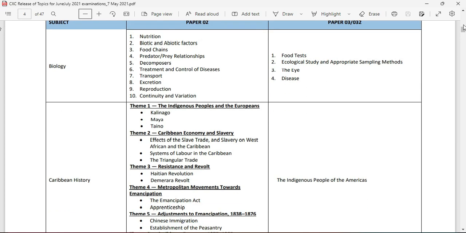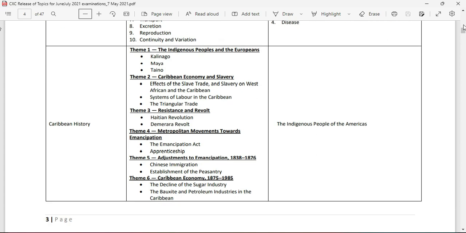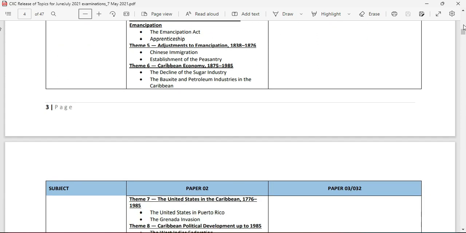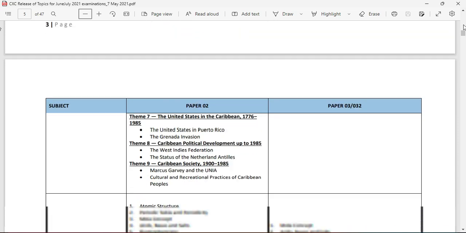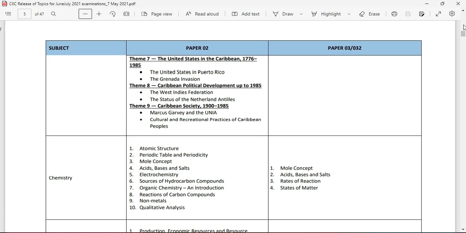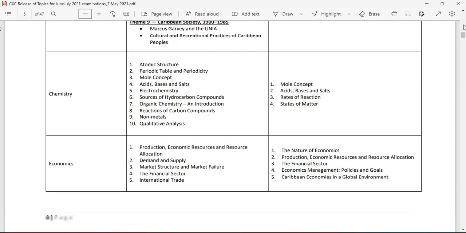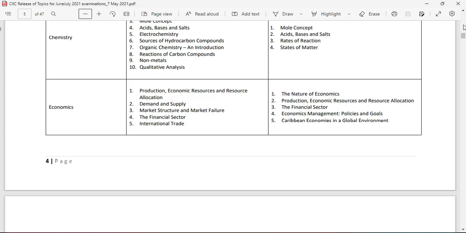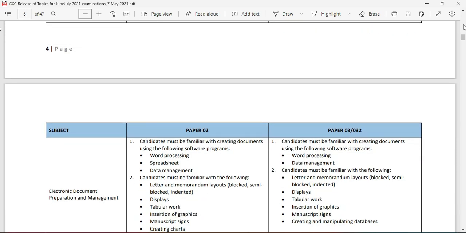So a lot of subjects here we are looking at, and persons are wondering, what is it that I should be studying for? If I were supposed to answer that, I'll say you should be studying for everything. Make sure that you have enough practice of your paper number 1, enough practice of paper number 2, enough practice of paper number 3. There are some persons who are doing alternative to practical, so you want to make sure that you have a good idea as to what you're supposed to be expecting for the exam, and not waiting on that exam to be surprised by some topic that might pop up in front of you.